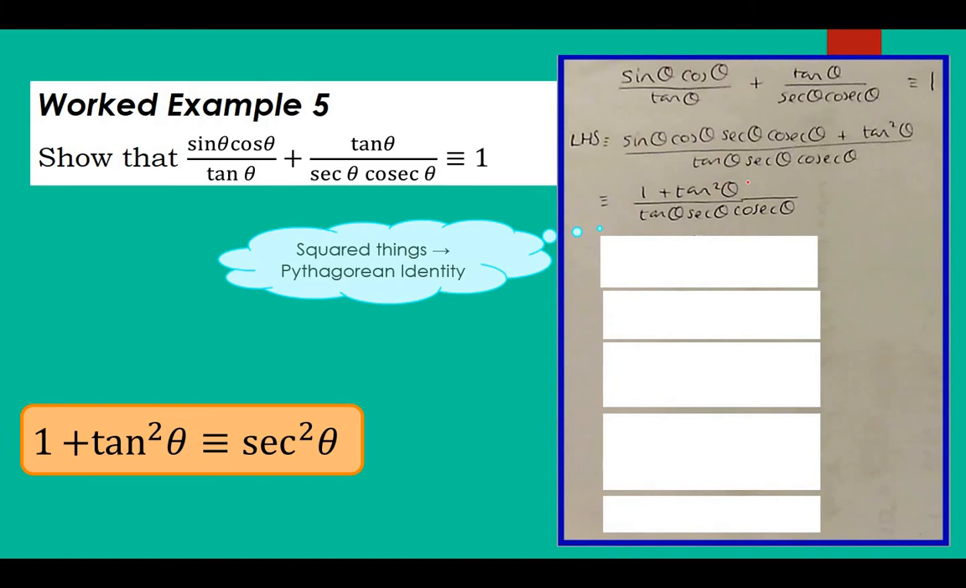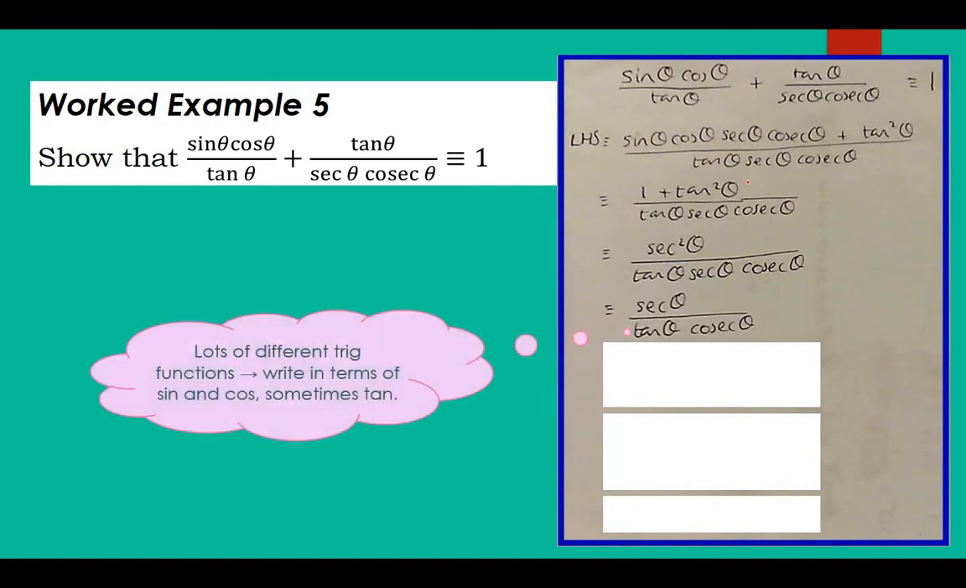and as soon as we see a squared we have little alarm bells thinking Pythagorean identity, and we select the one with tan in it. So that's just going to be sec squared. And now our secs can cancel,